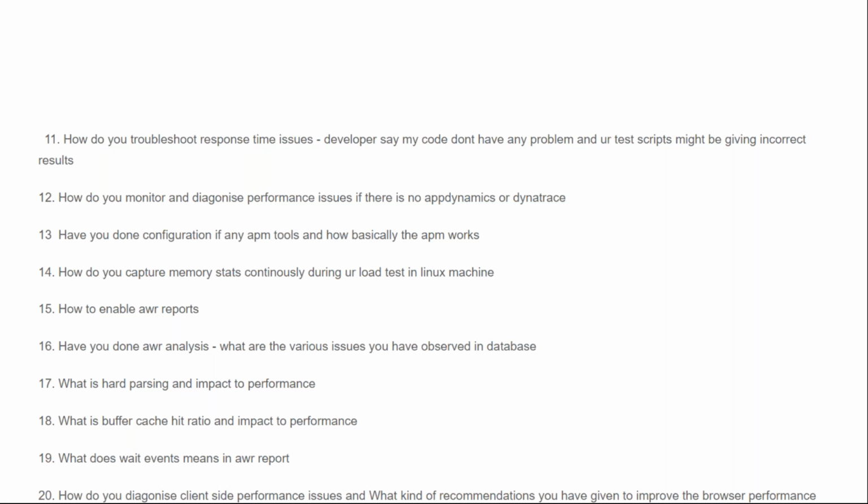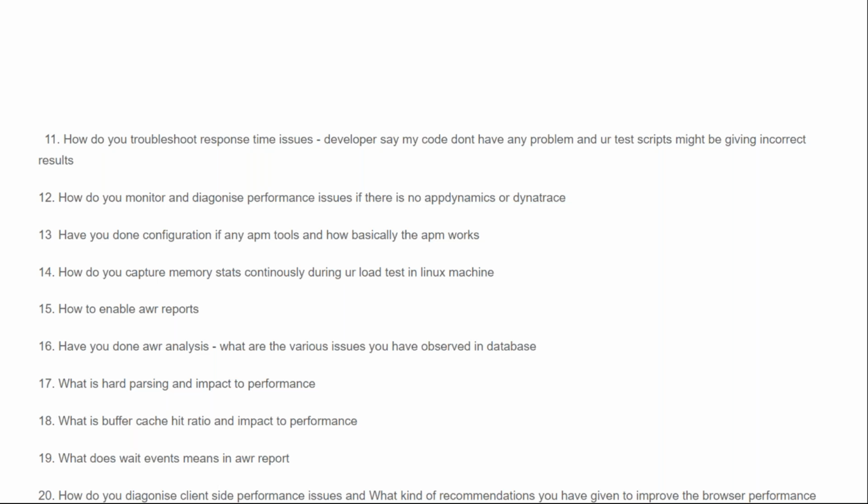That is again one of the questions that will come very commonly nowadays, because a lot of the time we spend most of the time convincing the developers and project team that the problem is not with the script or test data, it is rather a problem on the application side. So we should have a proper story to answer these questions. And you'll definitely be able to answer it confidently once you go through all the sessions